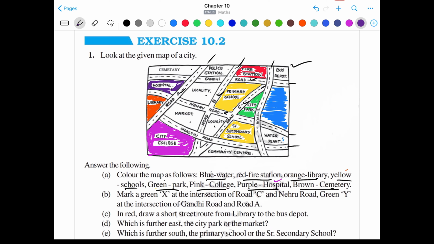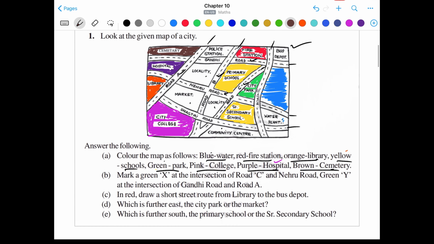Like this. Next is brown cemetery. The cemetery will be covered with the brown color, which is here. So that's the answer of part A of question number 1.